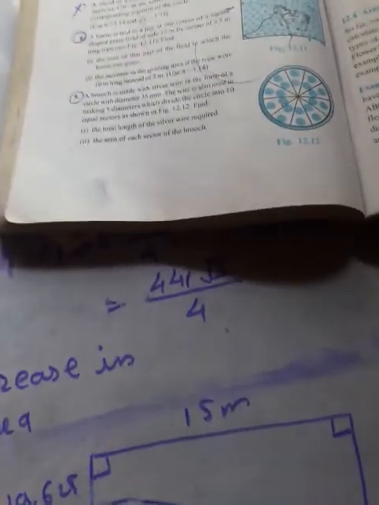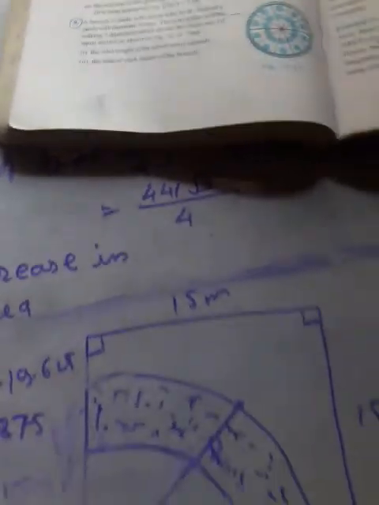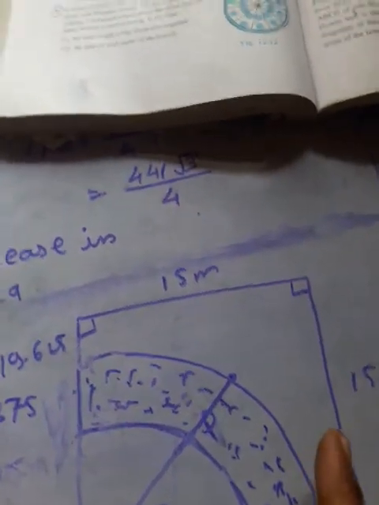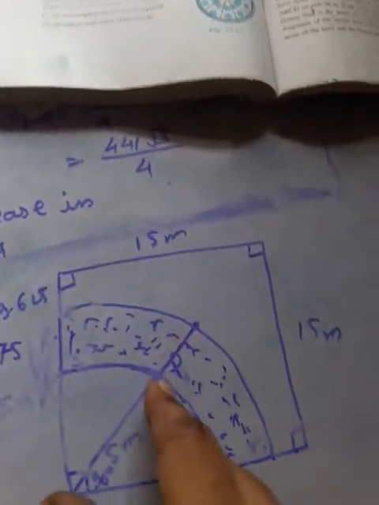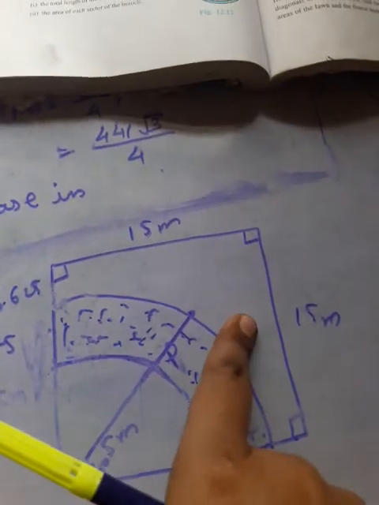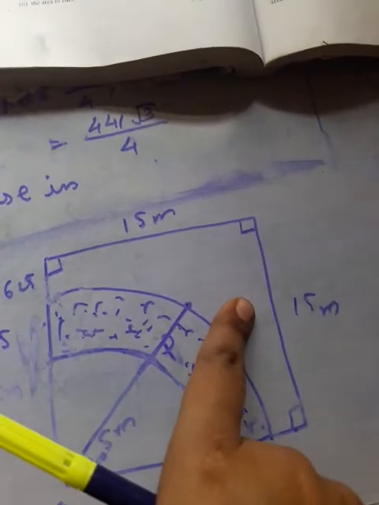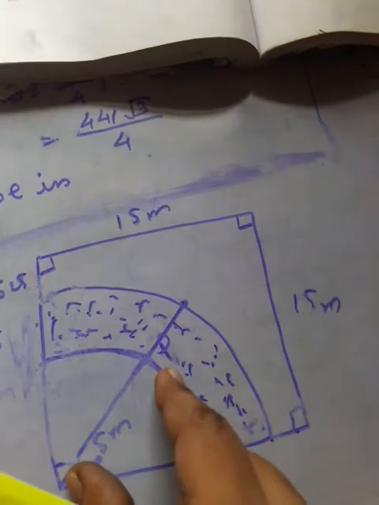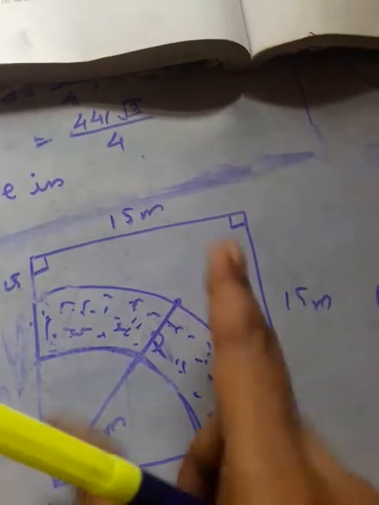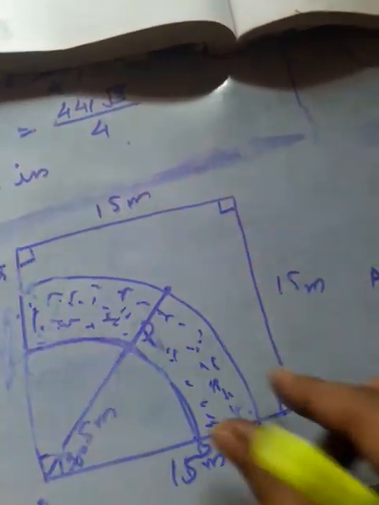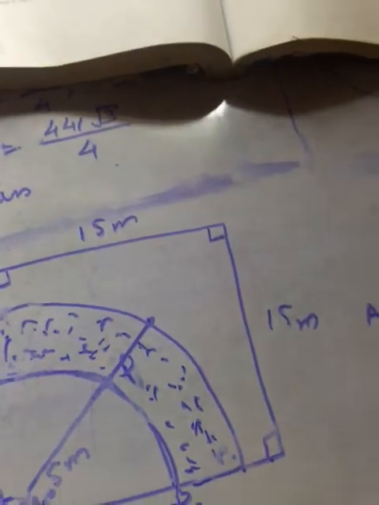So now we got the area of this shaded portion. How to find the area of this? Firstly find the area of this sector, then this sector, then subtract the smaller sector from the bigger sector. So we'll get the area, same as the area of the ring. Already found the area of the shaded portion like this.